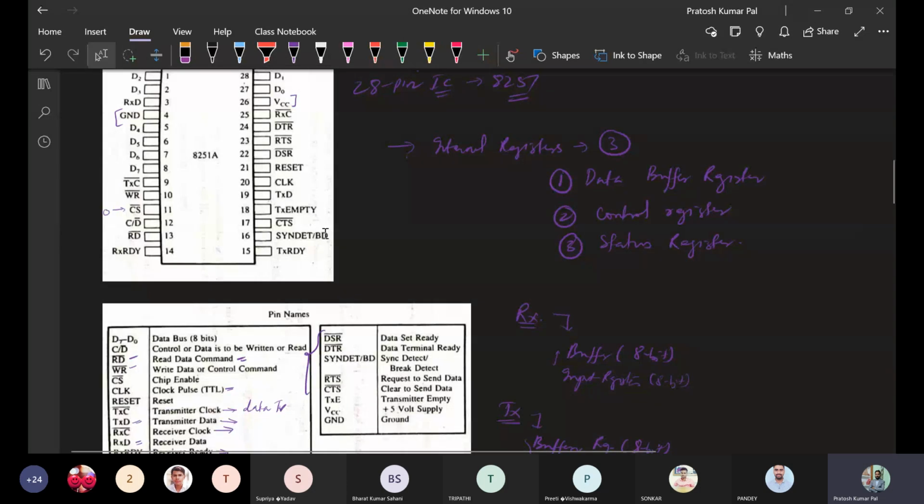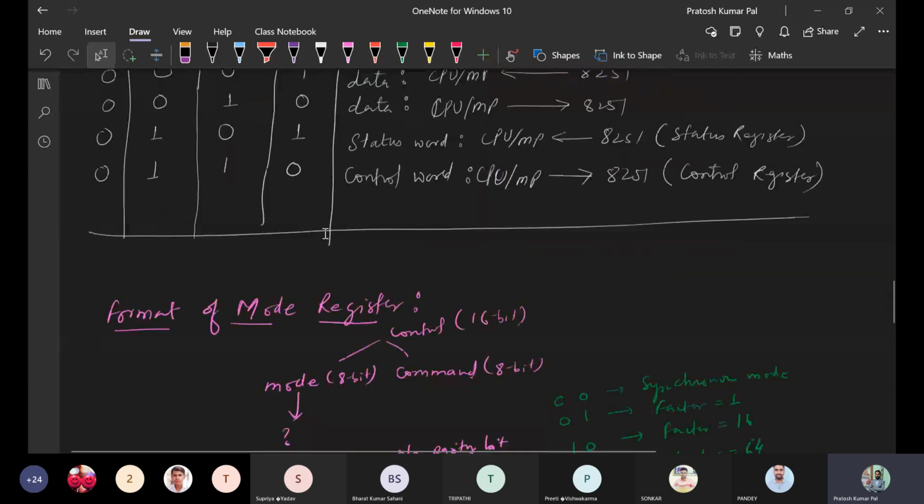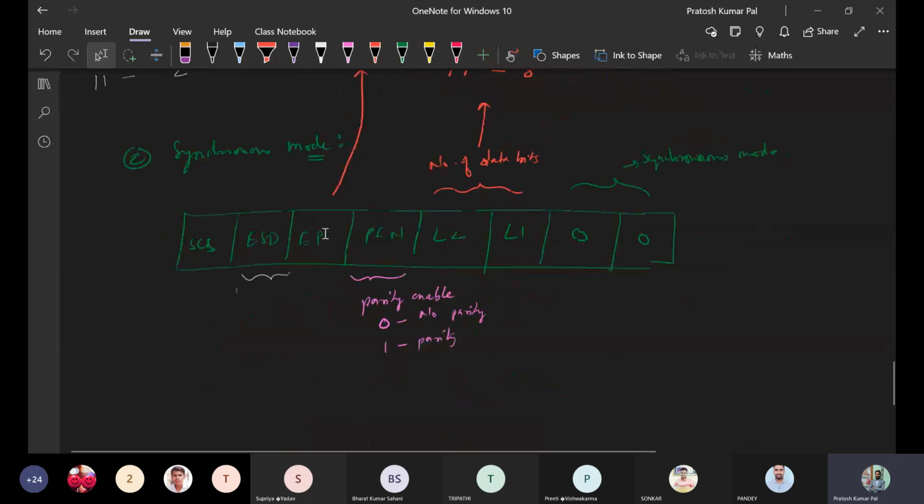Whether it is working as an input or output will be assigned by this ESD. So if it is 0, that means the sync detect pin is going to work as output. If it is 1, that means sync detect will be considered as the input pin.